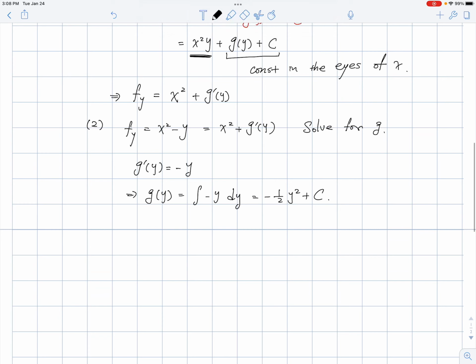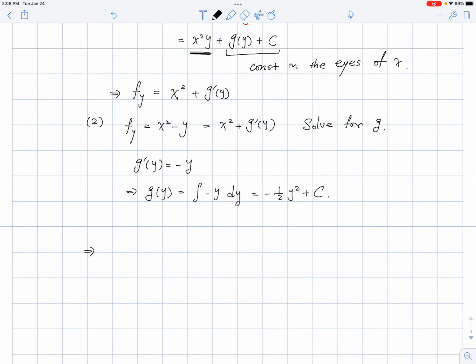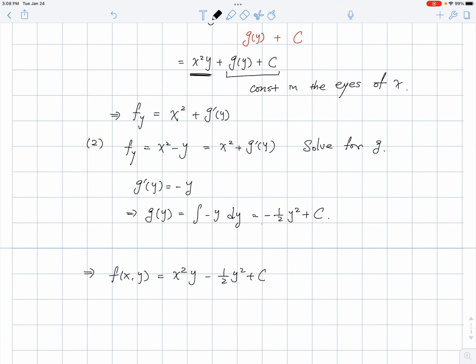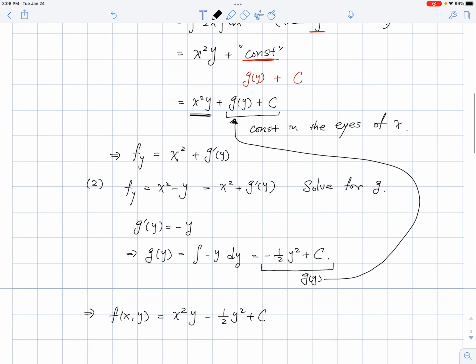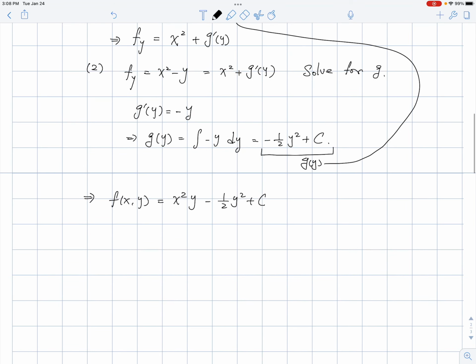Okay, all right. So altogether, we can write down the function f(x, y) equals x squared y minus a half y squared plus c. Okay, so this is g of y, and then we plug this back into our finding from the first equation. Okay, so this is a potential